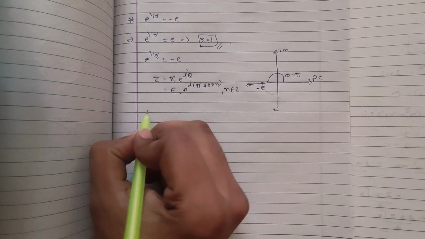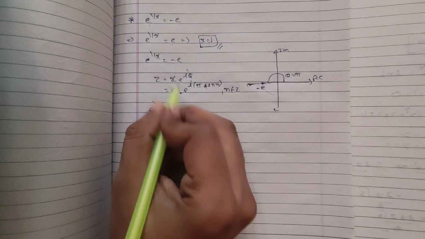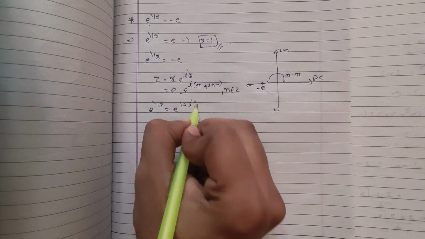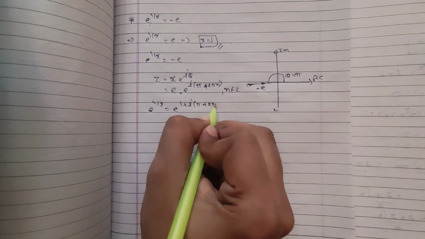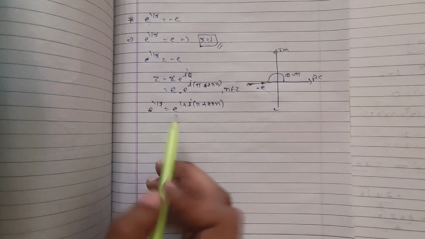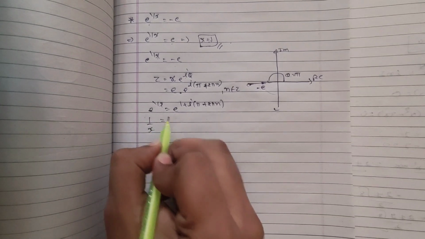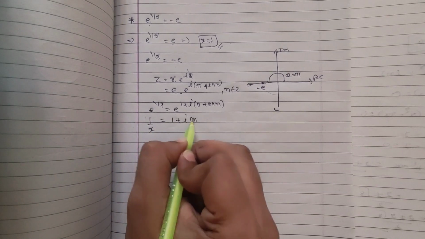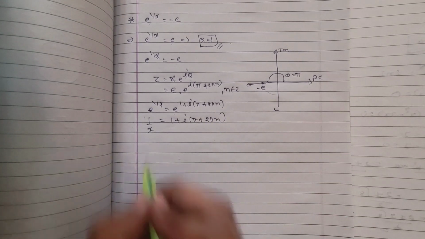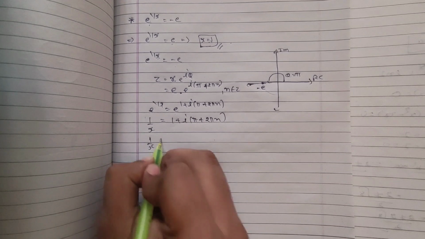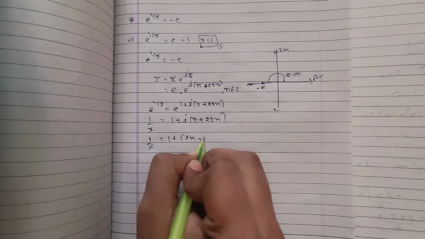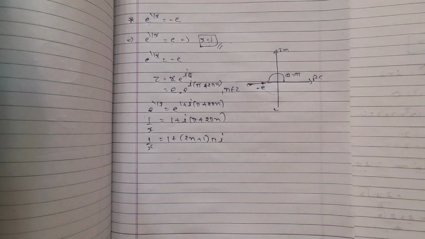So now again e raised to 1 by x as it is. Now I will put instead of minus e this part, right? e raised to 1 plus iota into pi plus 2 pi n, right? Again both the side base is same, so I can directly equate the power, right? 1 by x equal to 1 plus iota 2 pi plus 2 pi n, right? If I simplify this equation, 1 by x equal to 1 plus (2n plus 1) into pi into iota,